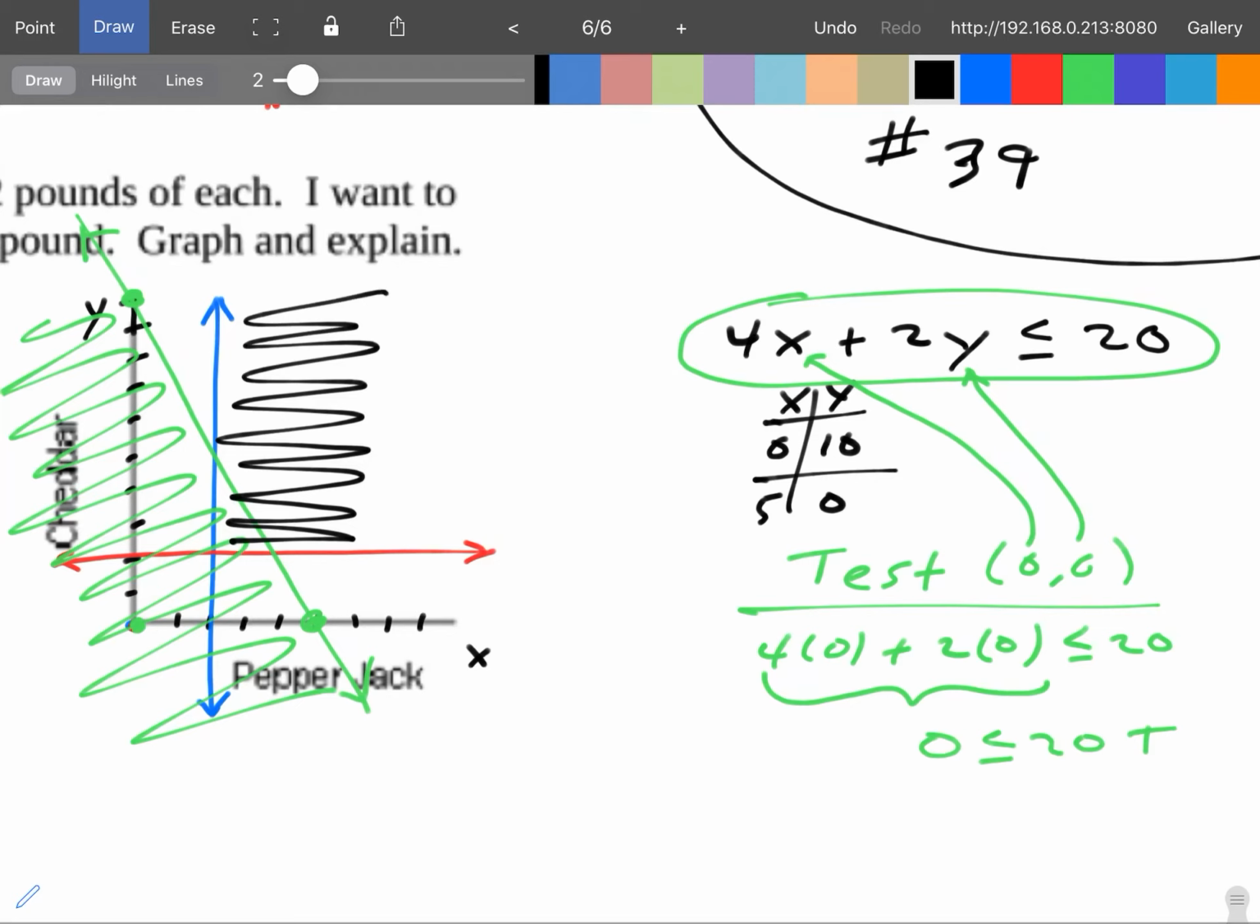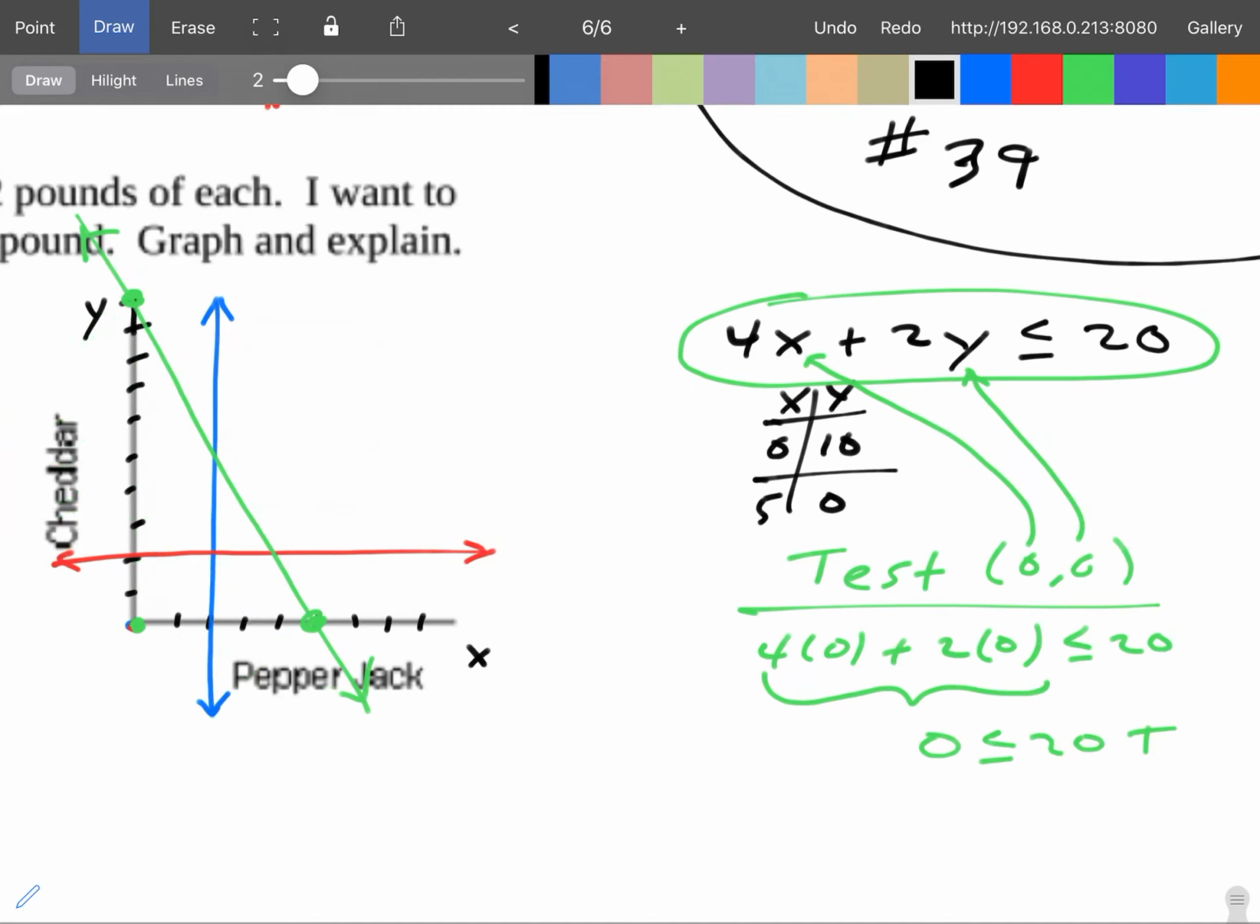So let me see if I can make this look better. So get rid of this and this. So the triple shaded part is actually in here. So I don't know, whatever color that is, that kind of mustard yellow looking color one. All right. Okay, so then